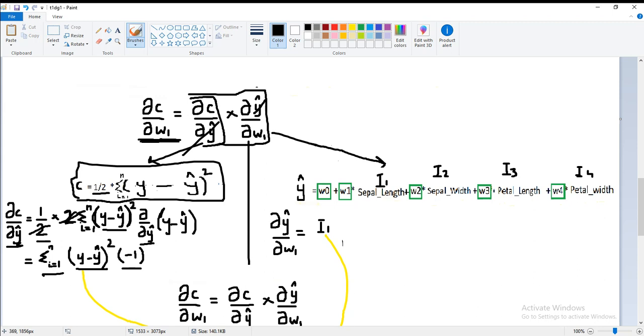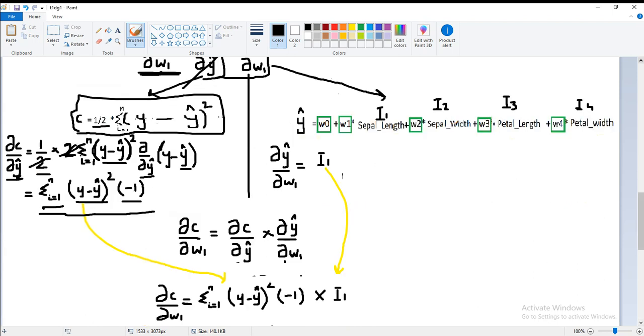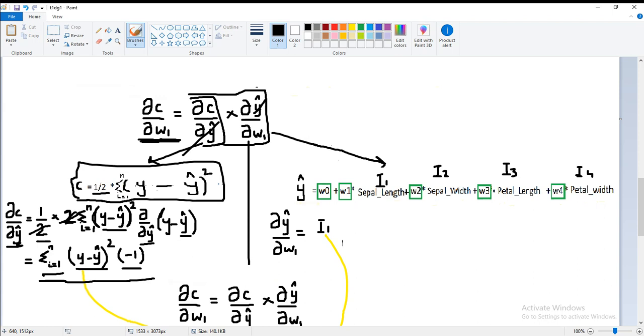So we are calculating the partial derivative with respect to y hat. So this is not a constant. Every other thing is a constant. Now let's assume that y is a constant. So when we take its derivative, it is obviously 0, and we are left with minus y hat, and the derivative of y hat is obviously 1, as we are taking the derivative with respect to that. So that gives us minus 1, and this is the value for the partial derivative of cost with respect to y hat. Moving over to the second function, which is the partial derivative of y hat with respect to w1,